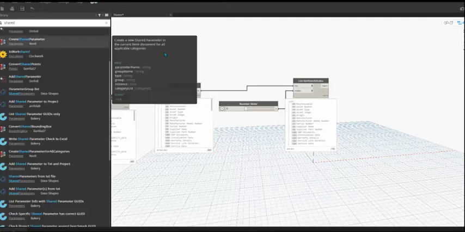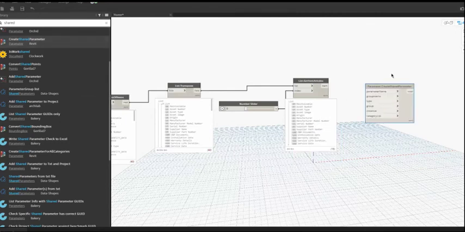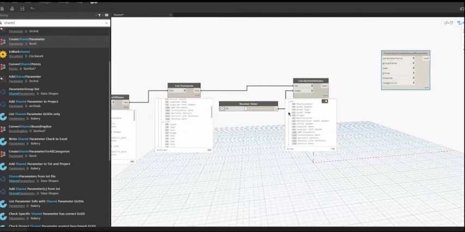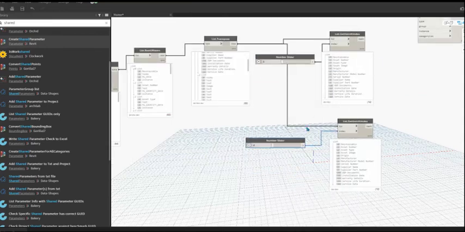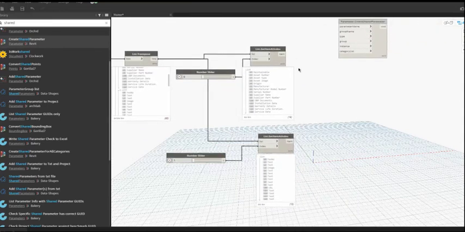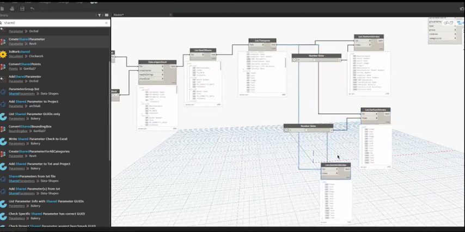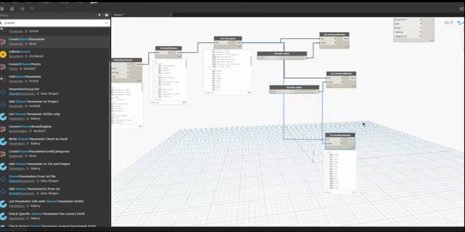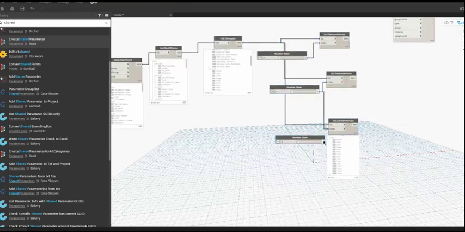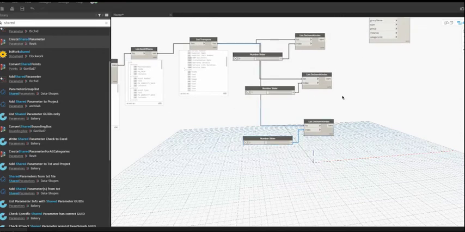Let's create a Create Shared Parameter node for reference. By using the Get Item At Index node, I am segregating the list further into parameter group, parameter category, and type or instance by using different index values from the list.